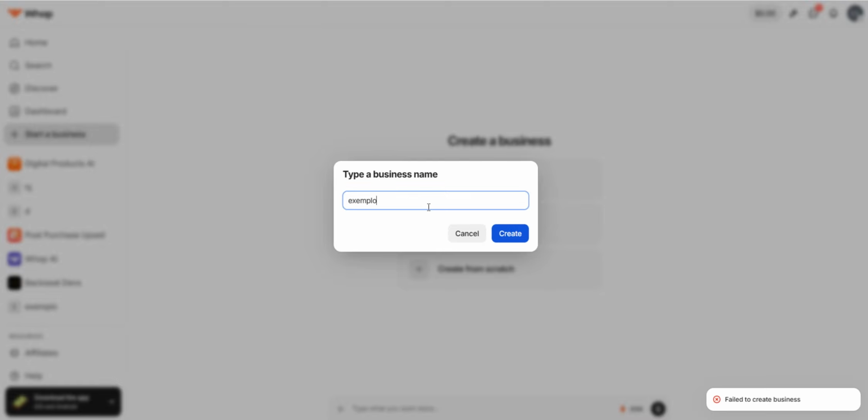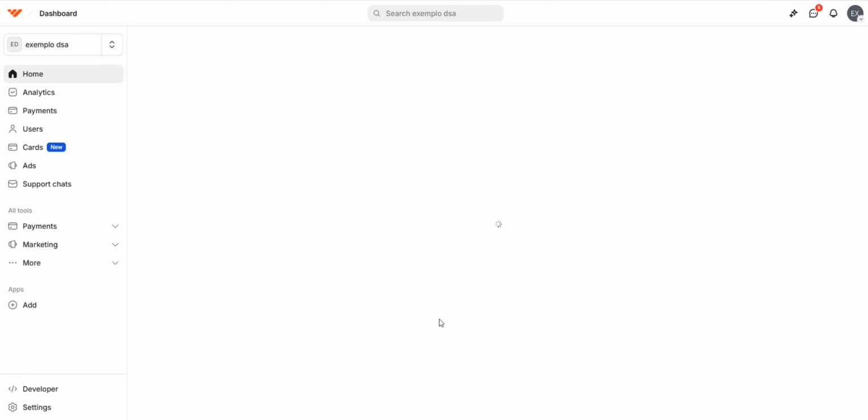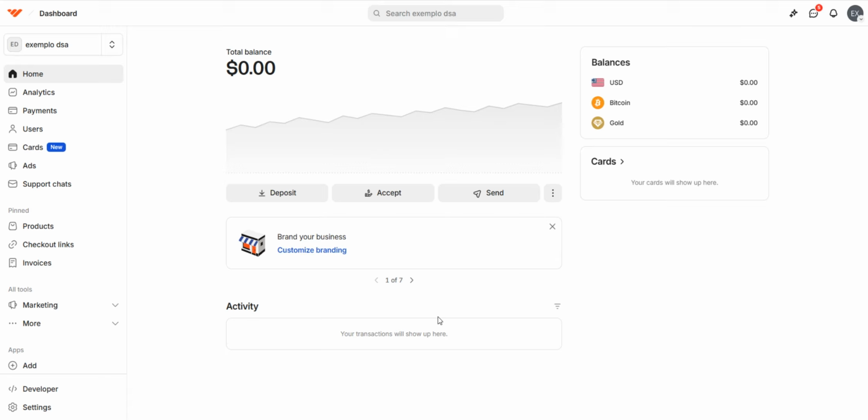Now enter your storefront name, choose a category that best fits your products or services, and add a description that explains what you offer. Next, upload your logo, banner image, and any other branding elements to give your storefront a